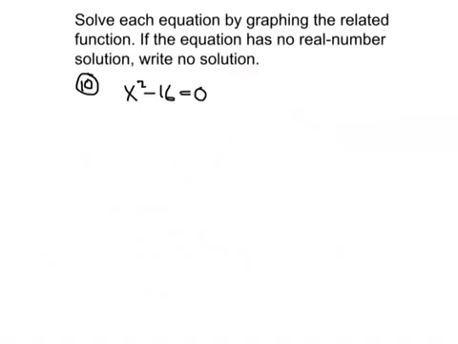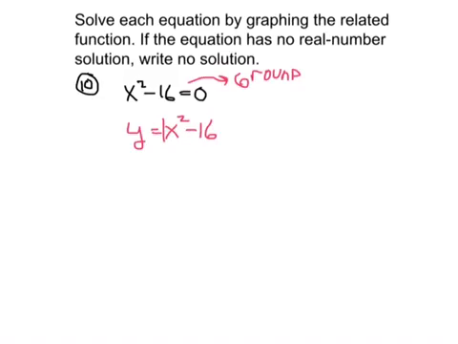In this problem, the directions say solve each equation by graphing the related function. If the equation has no real number solution, write no solution. So we will graph the related function. The related function is y equals x squared minus 16. We're going to graph this parabola and then find where it hits the ground, 0. Wherever it hits the x-axis represents the answers to our equation. So graphing y equals 1x squared